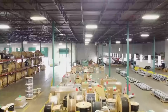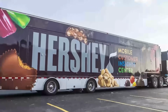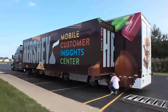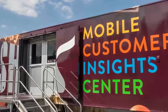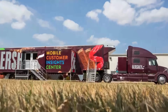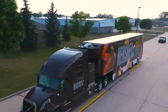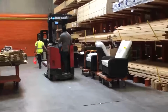Transport is typically handled using refrigerated trucks during warmer months, as the milk chocolate in Almond Joy bars is sensitive to heat. Temperatures are maintained between 55 and 65 degrees Fahrenheit during transit, and GPS-linked thermal loggers monitor each vehicle's internal climate from origin to delivery. If a truck deviates from its safe range, alerts are sent to both logistics managers and warehouse supervisors to prevent